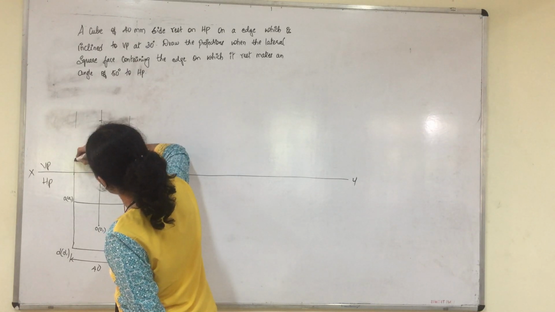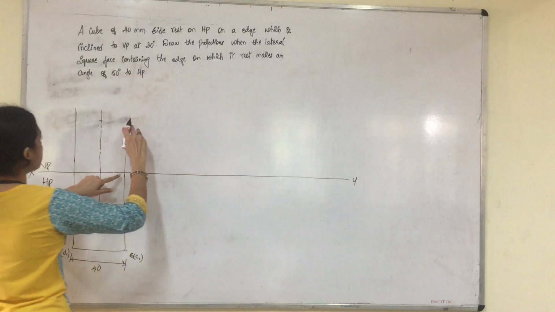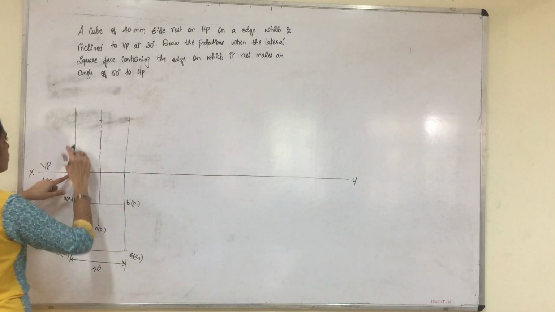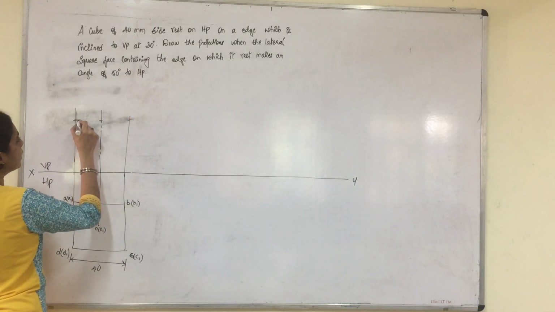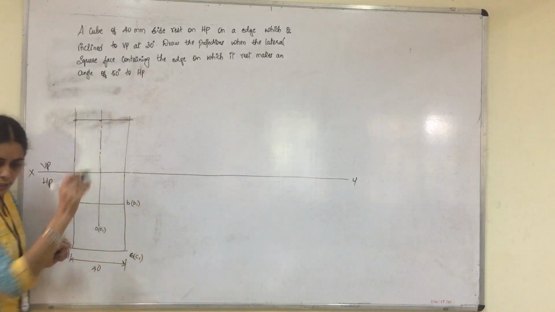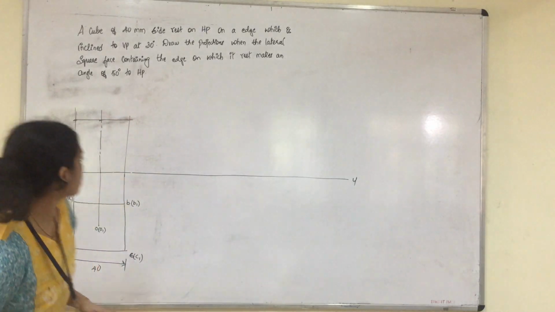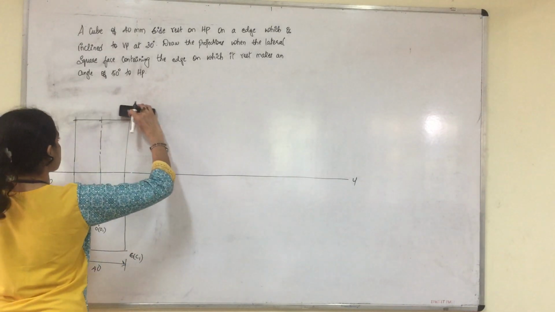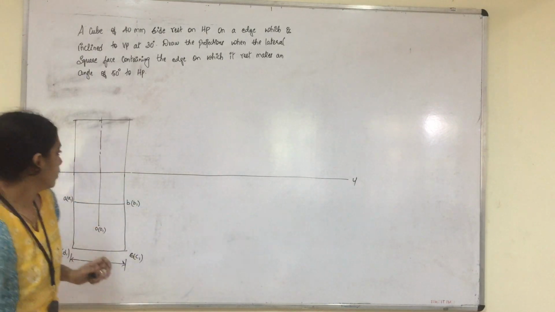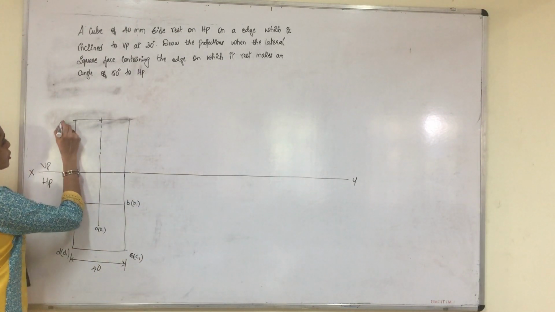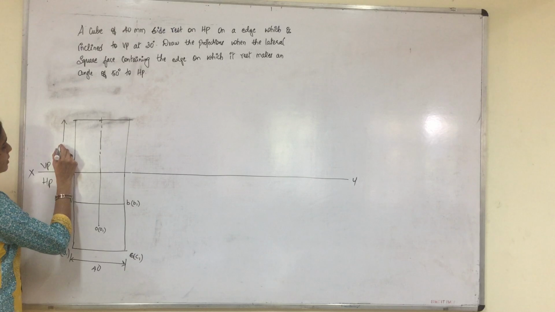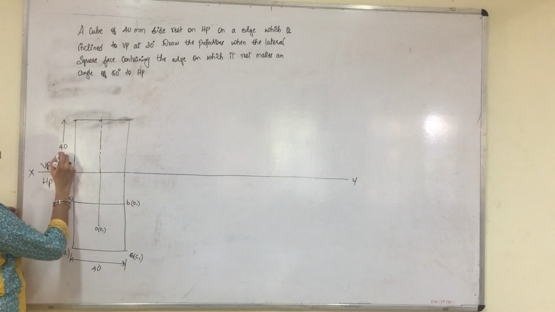and from this side also. Measure 40 mm and cut an arc. Measure 40 mm and cut an arc. Then join it. The remaining part of the construction line you can erase. After that you can show the height of the axis as equal to 40.